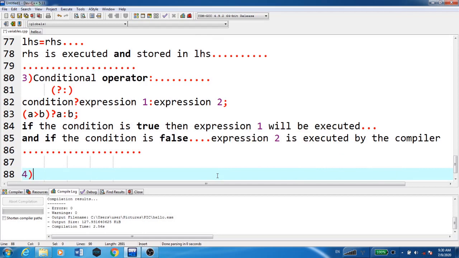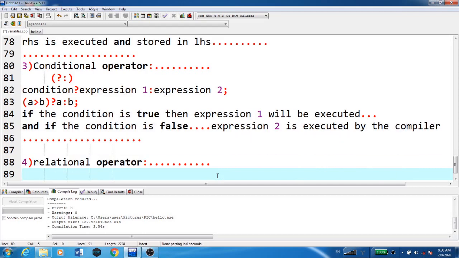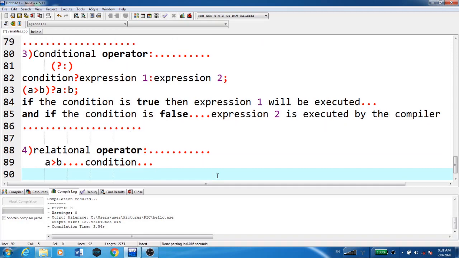Next is relational. In the above conditional operator, we have written A is greater than B, and we said it is a condition. So how are we writing that condition? That is A is greater than B. So we are showing some relation between two different operands.